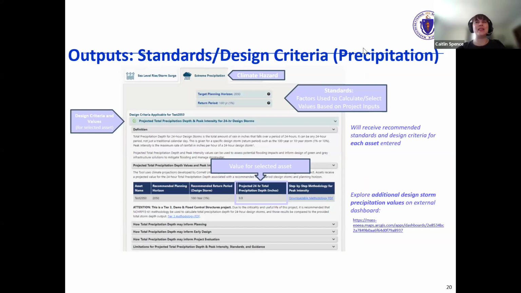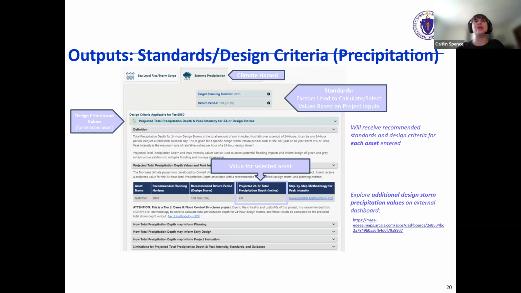Similar to the tool's output for storm surge and sea level rise, the tool will also provide recommendations for extreme precipitation design parameters. In this example, the target planning horizon for this particular asset is, I'm having trouble reading it actually, I think it's 2050.